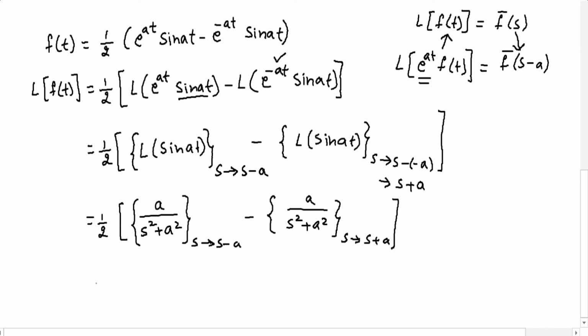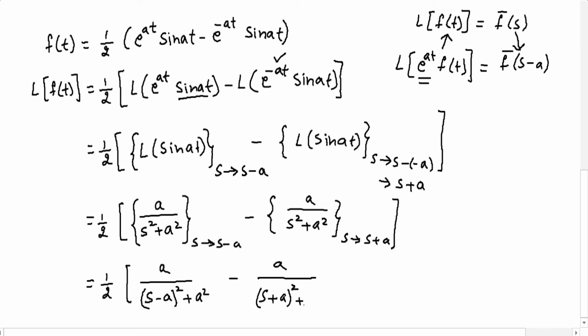So now wherever s is there, in the first term put s to be s minus a. So it is a by s minus a whole square, and this plus a square as it is. Minus, it is a by, in place of s in the second term, you will be getting s plus a whole square